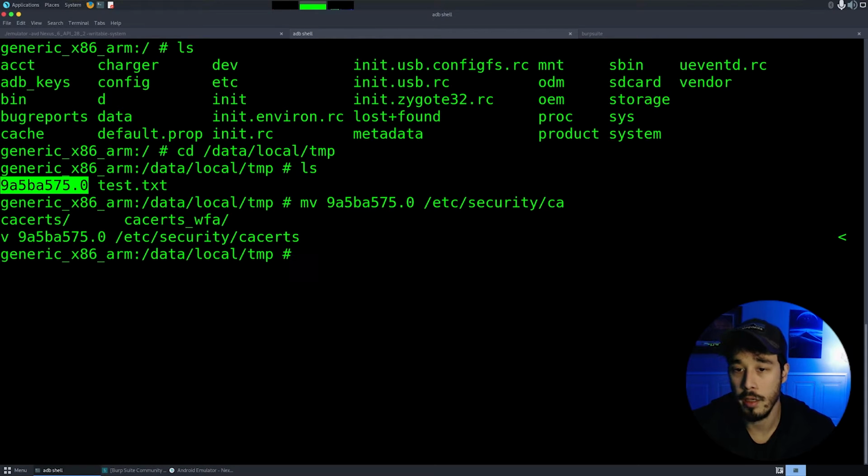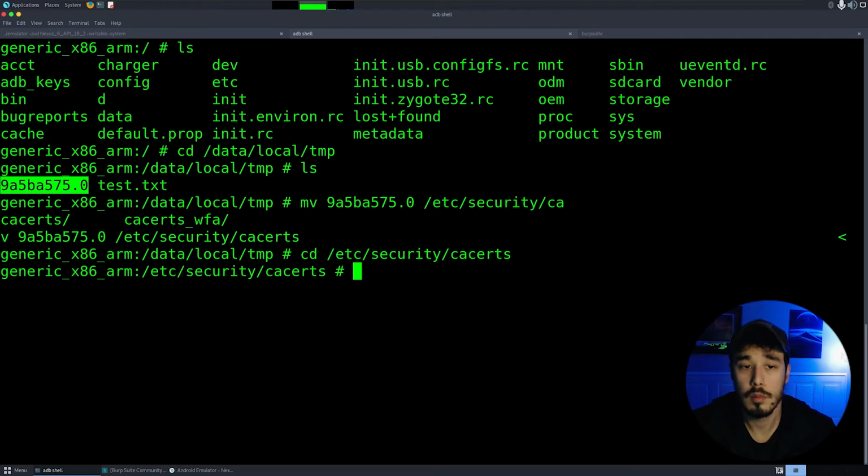Then we'll go ahead and we'll cd into it, make it a little easier. And then the next step is to change the permissions of it to 644